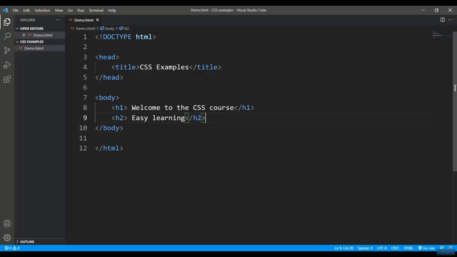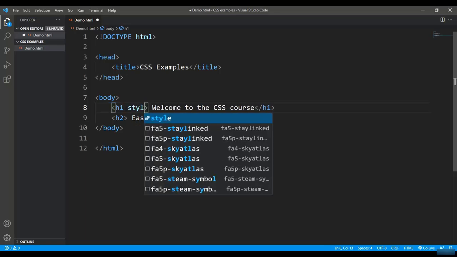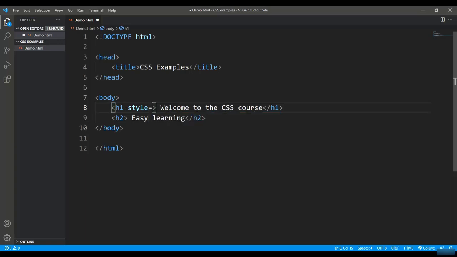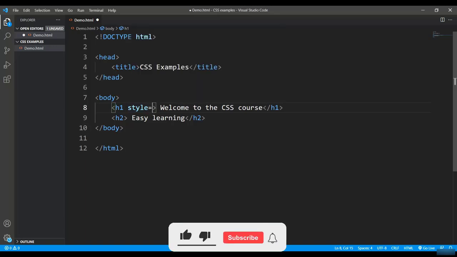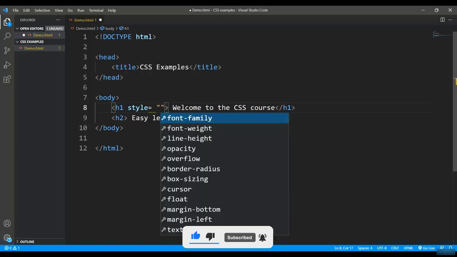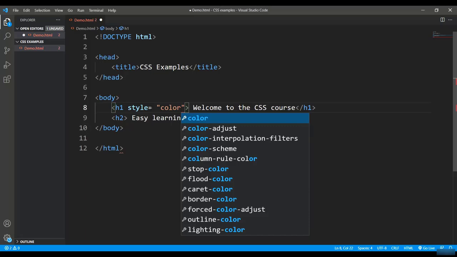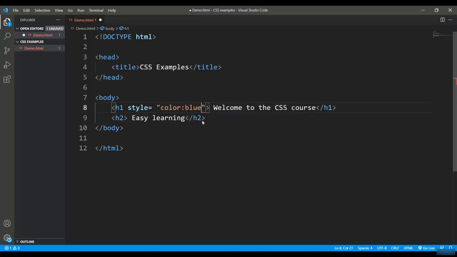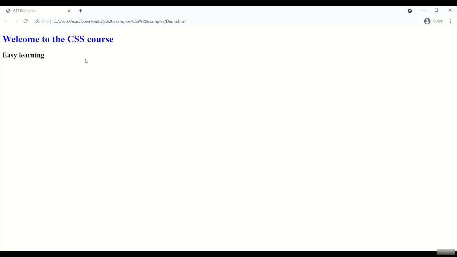Now if I want to put the inline style sheet, like the attributes we used to pass in any of the tags so far, here I will use style as the attribute. After that, I'll put some values as I was doing in the previous video where we saw the simple example. Here, if I want to change the color of this h1, I'll say color to blue. As soon as I do that, you can see the color of this heading has turned